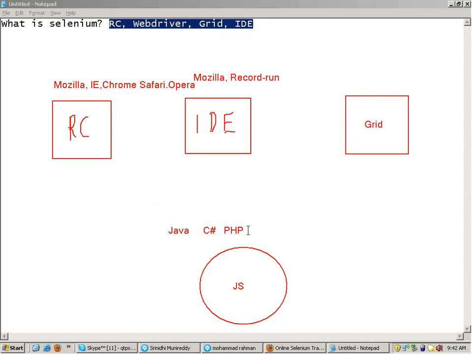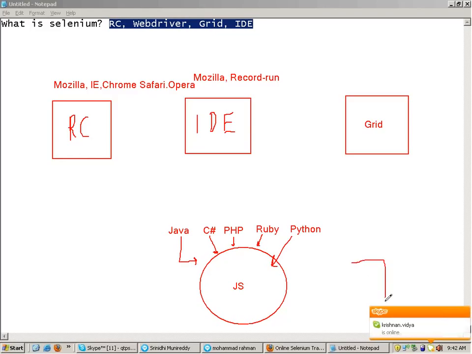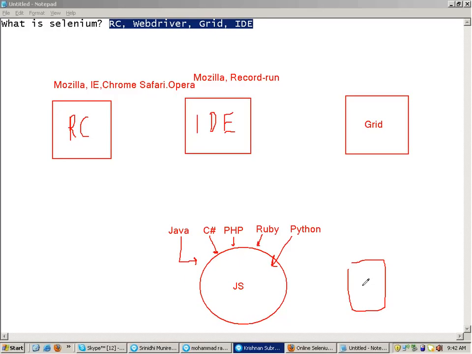So these were the languages: Java, C Sharp, PHP, Ruby, Python. Some of these languages. The APIs were made in these languages, which could interact with this JavaScript core and test your web-based applications. One more thing, Selenium is only for web-based applications. It is not for Windows-based applications. So if you have a website out here, suppose this is the website,